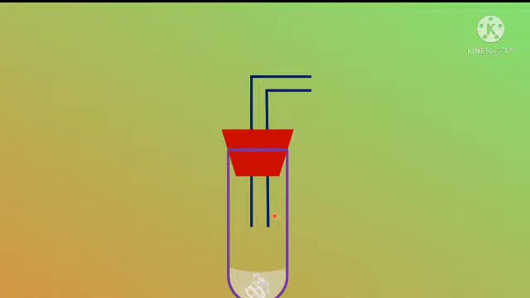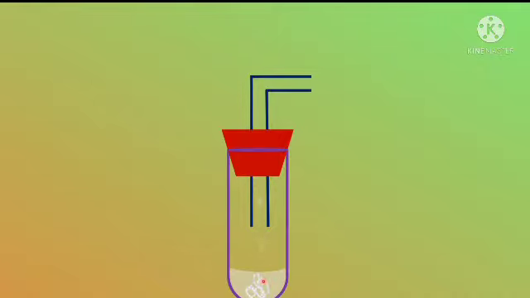Now let us see what will happen in the test tube after some time. We are seeing that some gas bubbles are coming. Yes, the gases are evolving. That means the reaction has started between the sodium chloride crystals and concentrated sulfuric acid, H2SO4. The product coming is HCl gas. Why? Because what is the reaction here?